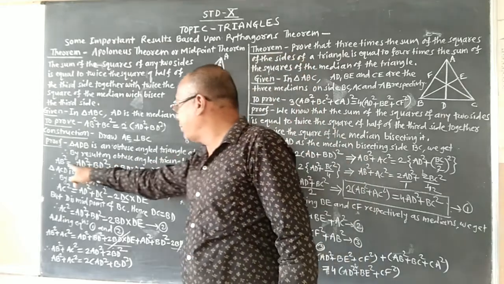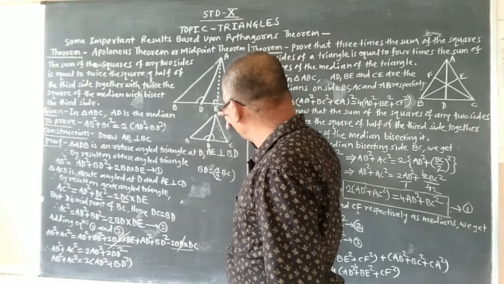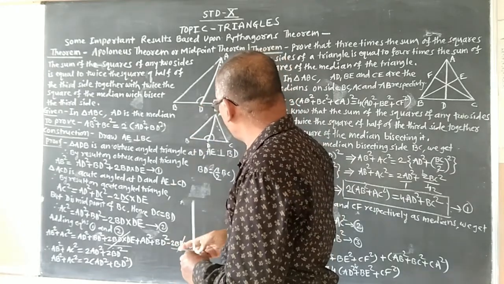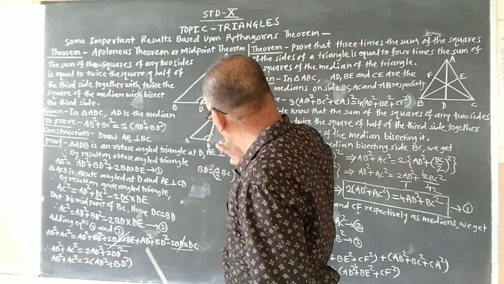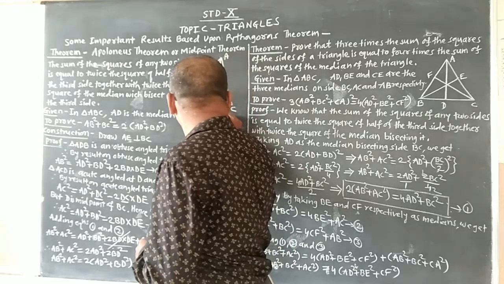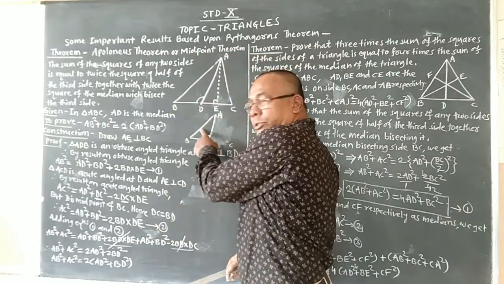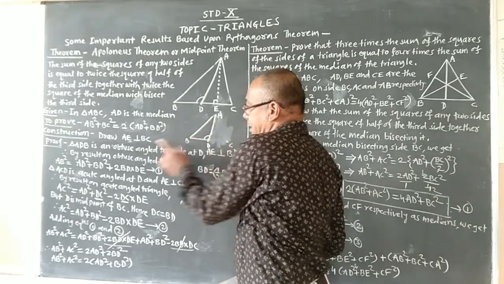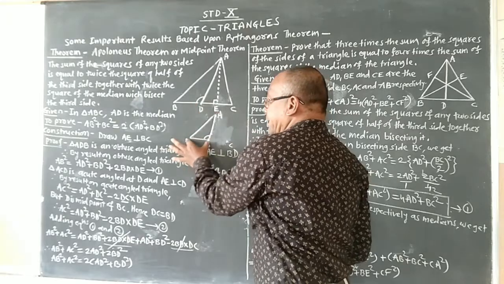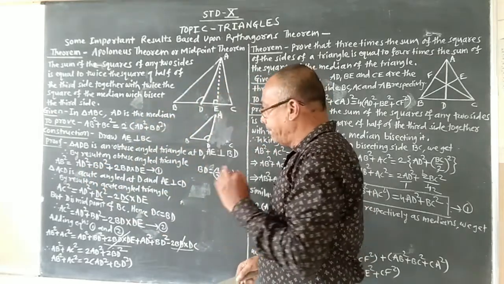So AB square is equal to AD square plus BD square, because we have to consider only this triangle and side opposite to obtuse angle is AB. So AB square is equal to AD square plus BD square plus